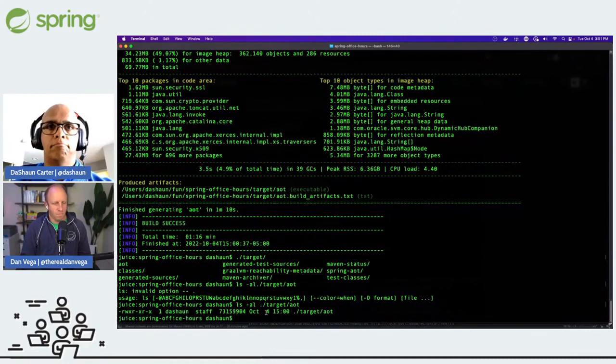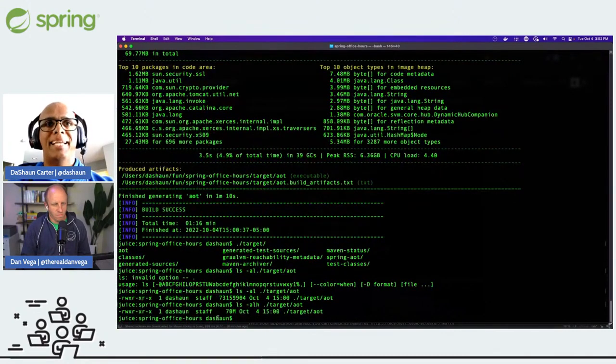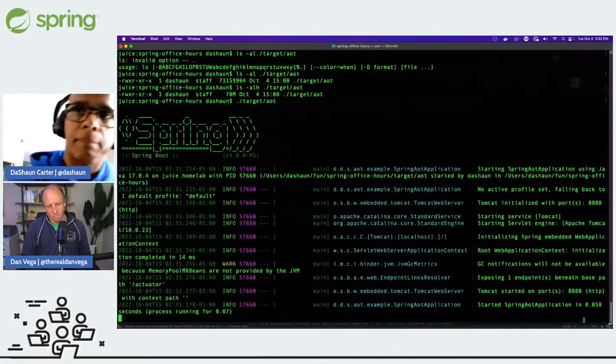This file is a 70 meg file, but it's just one file. And again, it's a binary. It has everything it needs, including everything it needs from the JVM to execute that Spring project. So all the bytecode, all the stuff that the JVM would do, the garbage collection, all of that memory, what it's doing is putting it all into this 70 megabyte file. And we can run that 70 megabyte file, and it'll start up in